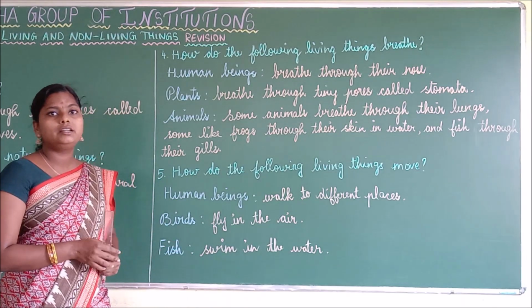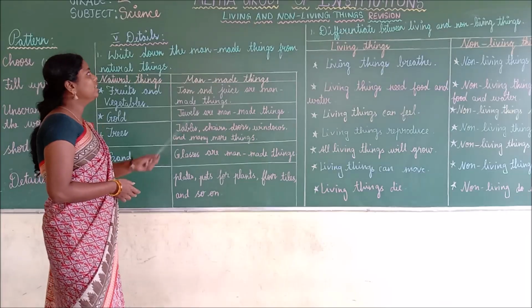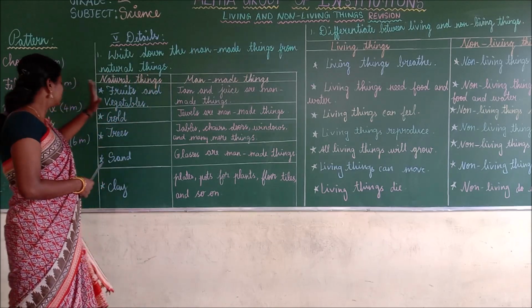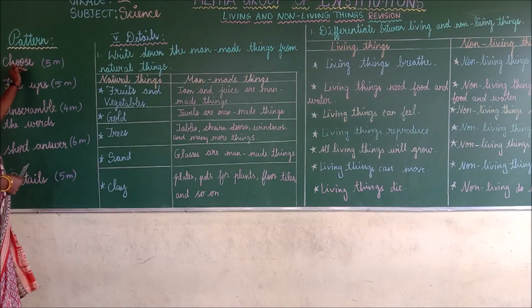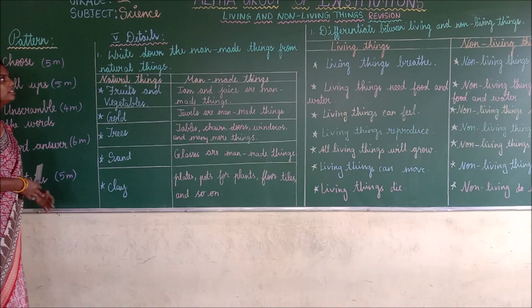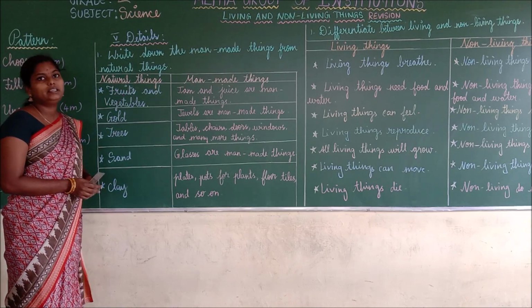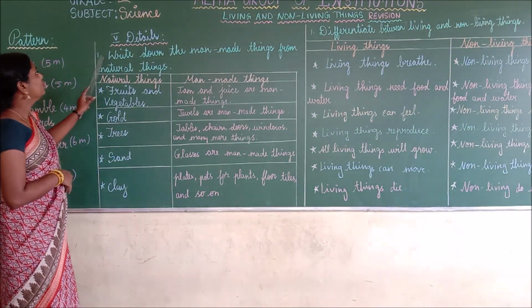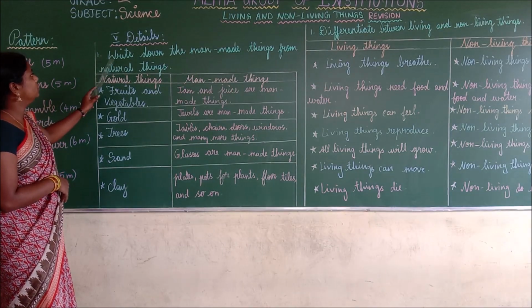Are you clear, children? The next part is your details. So the last part of your pattern is details. The first one is choose, fill-ups, unscramble the words, short answers and details. So now we are going to see details. So now we are going to learn two details. Listen carefully. One. The first question is, write